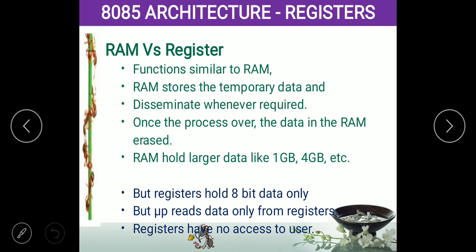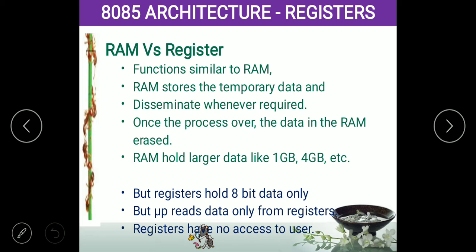The RAM can hold a large amount of data, 1 GB, 4 GB, 16 GB, 32 GB, 64 GB data, like that. RAM can hold any amount of data. Even in your mobile phone, you can open n number of applications in the background, and still it is working. Similarly, in the computer, you can open MS Office, Creo, SolidWorks, Photoshop, whatever it may be. It is working because of the RAM size.